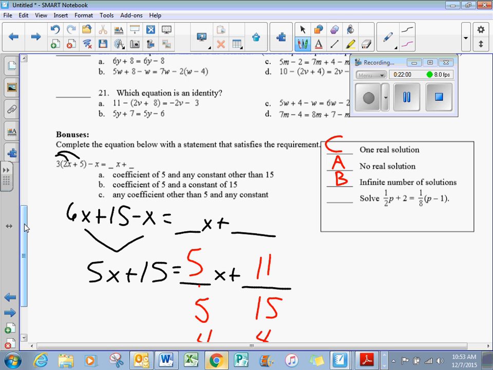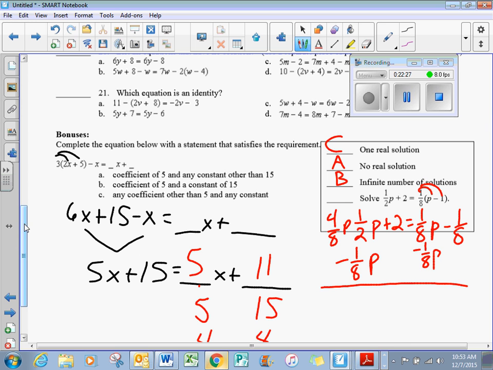Okay, and this one I just wanted you to solve and get the right answer for your fourth bonus point. Some people did get it. Some people got that right. Well, let me just real quickly do this for you, but I'm going to go a little bit faster than normal. That's what I would do, and then I'd subtract 1/8 p from both sides, and so in order to do that, this would have to be 4/8, right? Okay, so we have 4/8 minus 1/8 is 3/8 p,